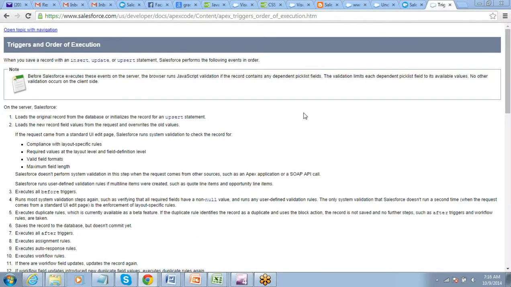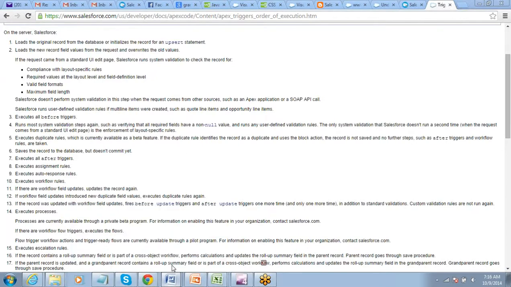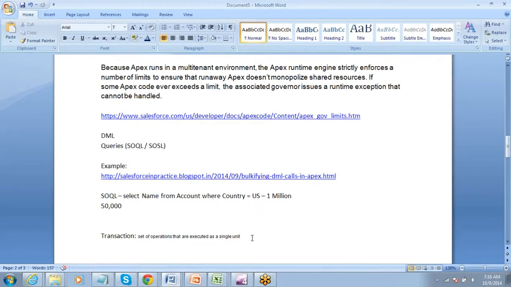So when we are talking about a transaction, we also need to understand a little on the order of execution, the flow that I'm talking about, right? So you know what is a transaction. Now, since there are so many things in a transaction, one transaction holds the validation rules, the triggers, the workflow rules, a lot of things, right? So the next thing that we have to understand is what is the order of execution of those.